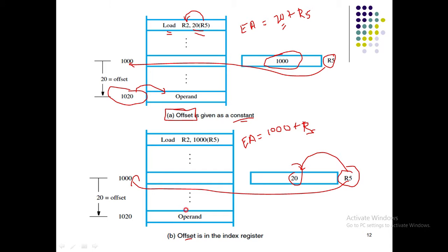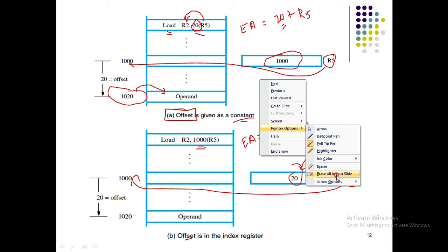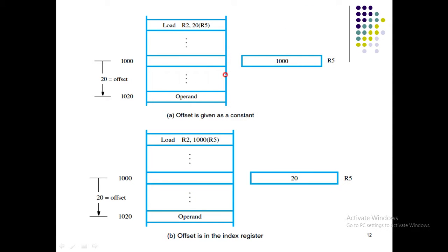So the only small change is what now? Here in this instruction, we are giving the memory location, which is 1000. Here in this, what we are doing is giving the offset. That's all. I hope this is clear, friends. If this diagram is clear, the rest of the things would be very easy. And this is the small change in your indexed addressing mode, which is another type of indirect addressing mode.